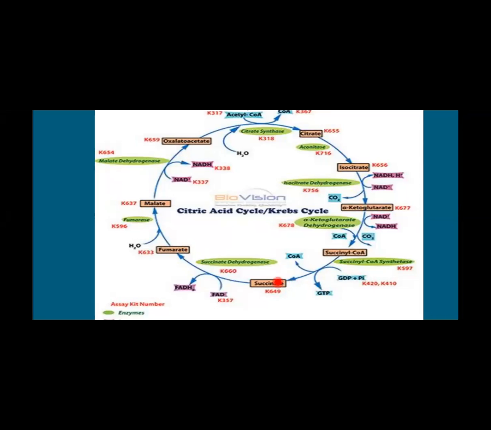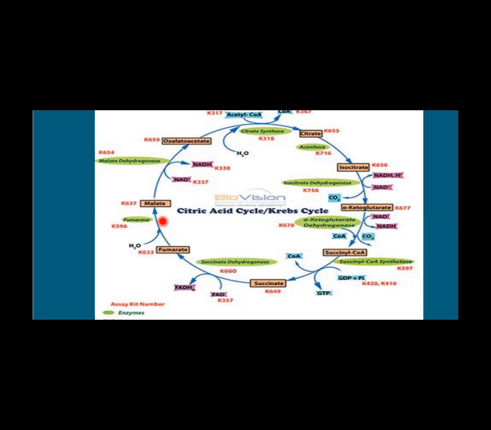Now further succinate converts to fumarate with the help of the enzyme succinate dehydrogenase, and this is again a dehydrogenation where one FAD molecule is reduced to FADH2. Whereas during conversion of isocitrate to alpha ketoglutarate and the subsequent reaction, one NADH is formed in each of these two steps. And here one FADH2 is liberated in the step wherein succinate converts to fumarate, and fumarate later converts to malate, and this is a hydration step.